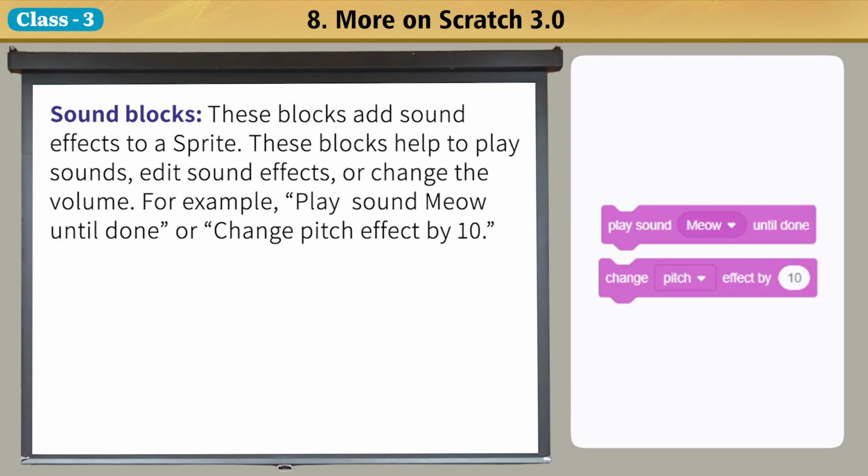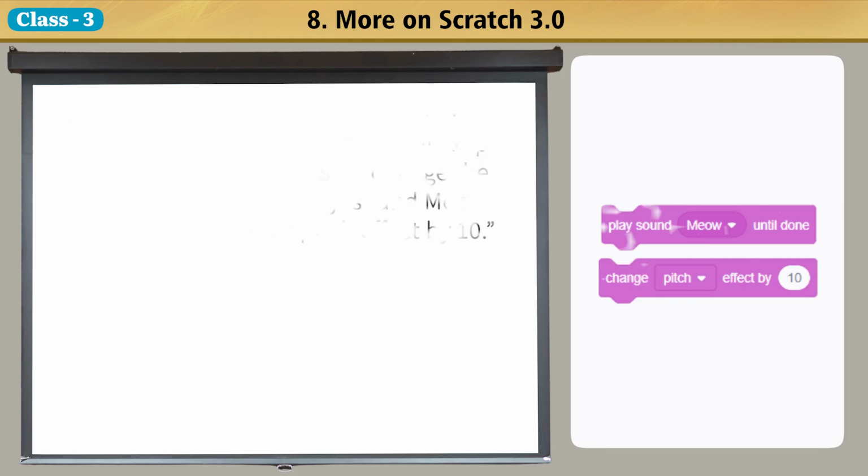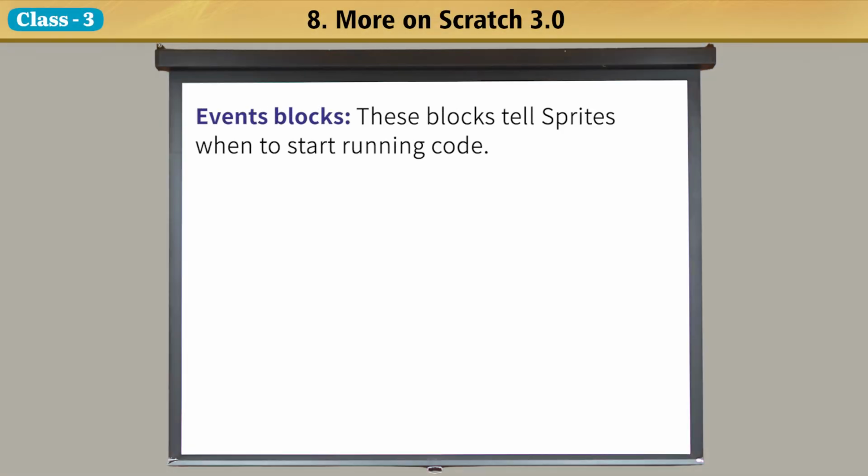Sound blocks. These blocks add sound effects to a sprite. These blocks help to play sounds, edit sound effects, or change the volume. For example, play sound meow until done, or change pitch effect by 10. Events blocks. These blocks tell sprites when to start running code.